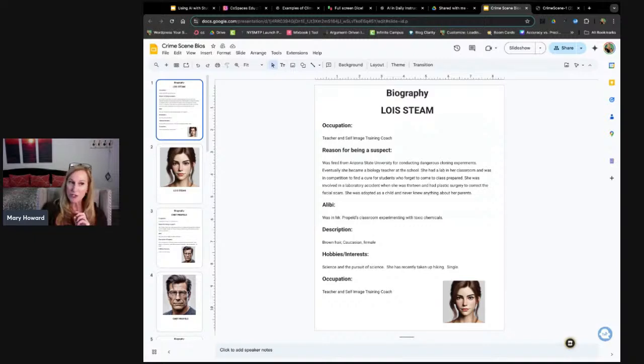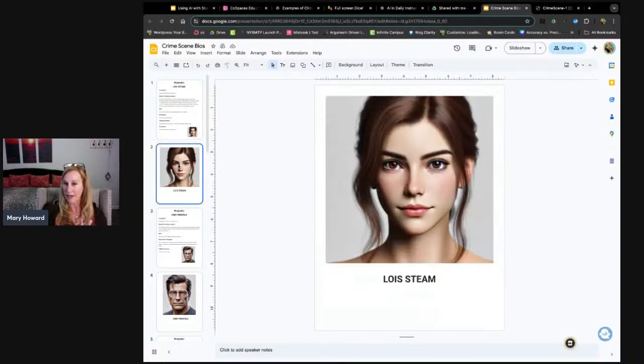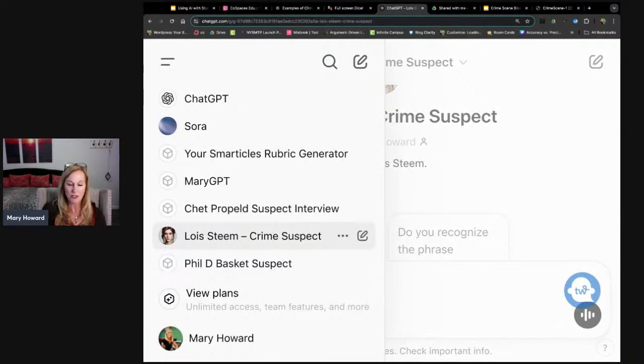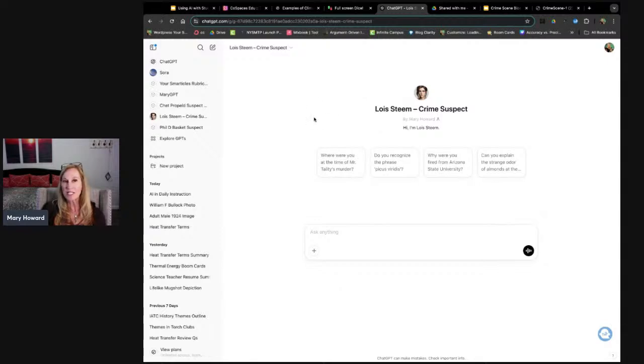So these pictures of the suspects were generated with AI. That's cool. Now I have a face to go with the suspect name. But we took it one more step. We went in and we are going to have them meet the suspect because each suspect now has what is called its own GPT. So this is a GPT that I trained to answer the questions based on the crime scene that the students